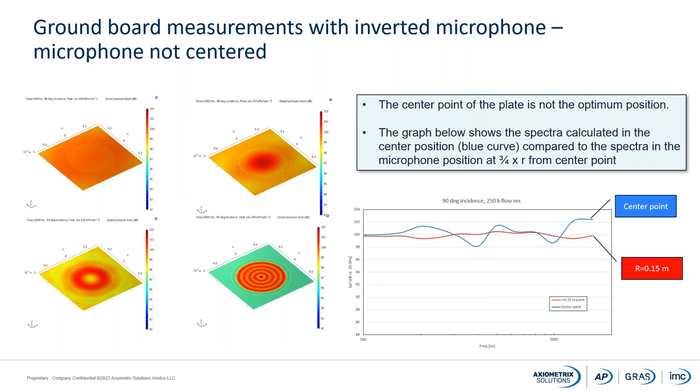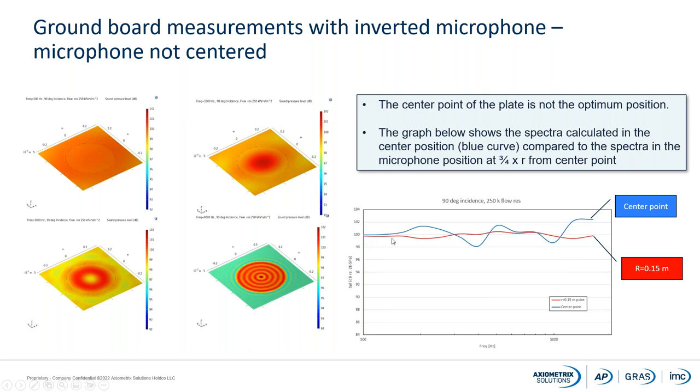That is the position of the microphone. We have been simulating this plate using COMSOL, moving the microphone to different positions. If you take a look at this curve here, you can see the blue curve. That is the center point. This is the low frequency, 500 hertz, and this is 10 kilohertz up here, and you can see that it varies over the frequency range. So it is not a very flat response if you put it directly in the center of the plate.